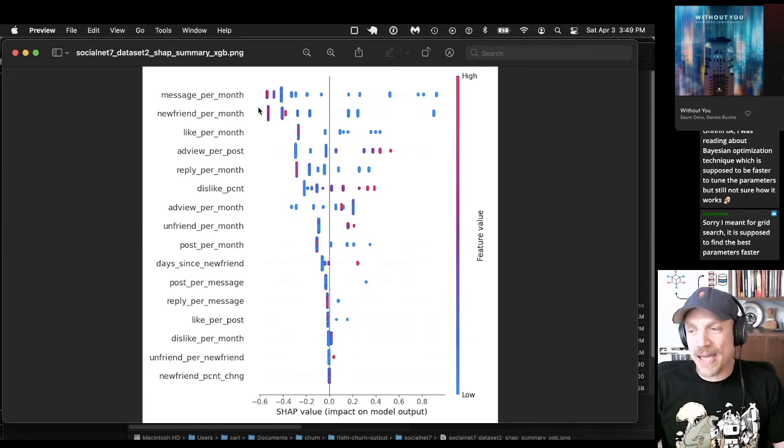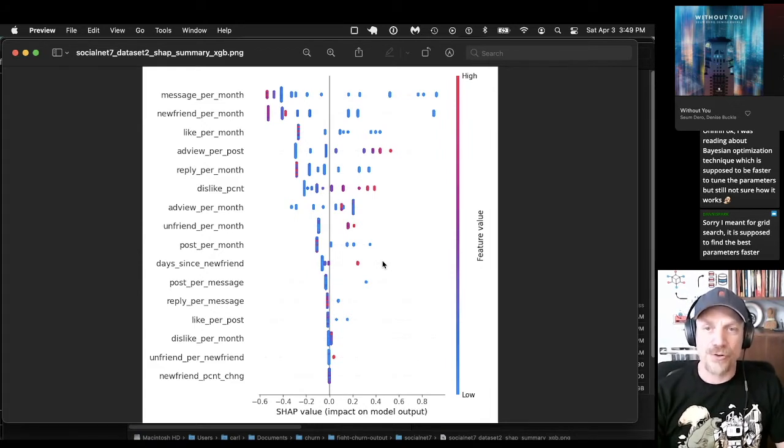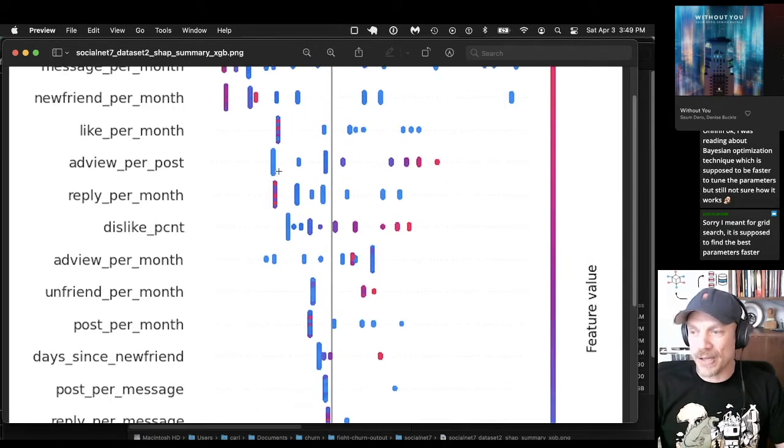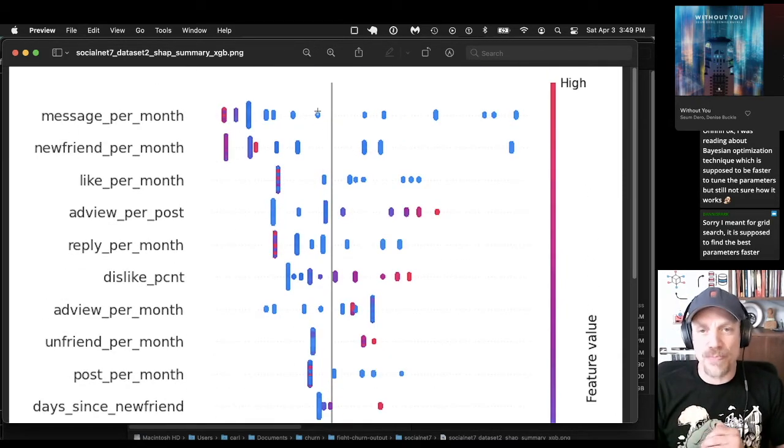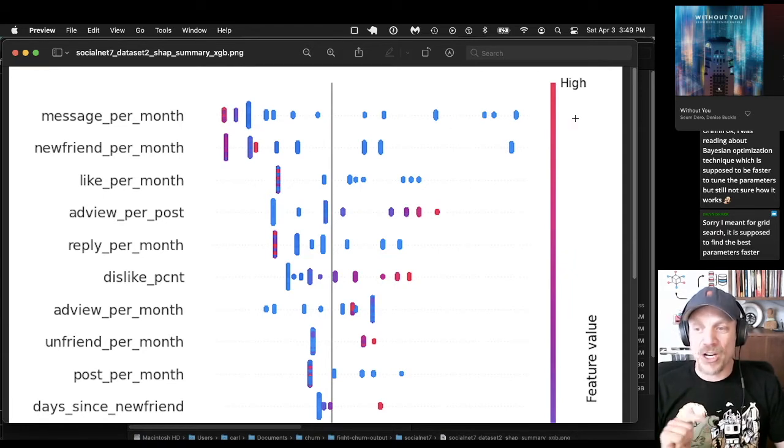Let's zoom in. I explained how to read these plots before, but I'll briefly go through it for new viewers who haven't seen Shapley explanations of decision tree models before. Each row shows you the contributions for one variable or feature. Each point is the contribution on one prediction of this feature, and the points stack up when a lot of points have the same contribution. The color shows whether the feature value is high or low.